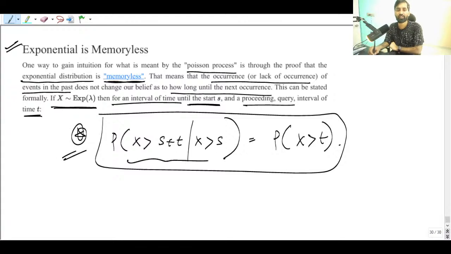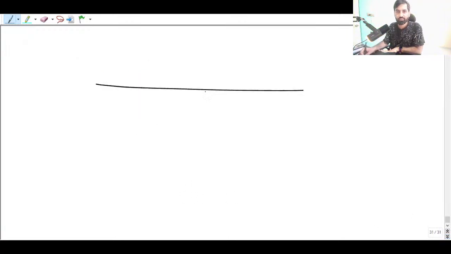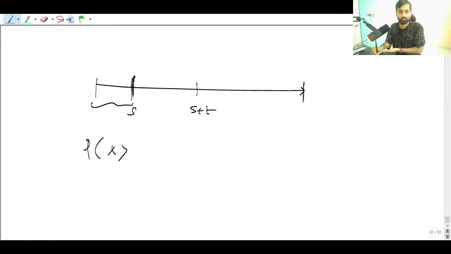This is a conditional probability, but since these two events are independent, some event has already started, and some event is going to happen after some amount of time. You can understand it like this. This is the situation. Suppose an event has to happen, so something has already happened here. It started, and after some time something has to happen here. Suppose this is s and this is s plus t. So the probability of x greater than s plus t,